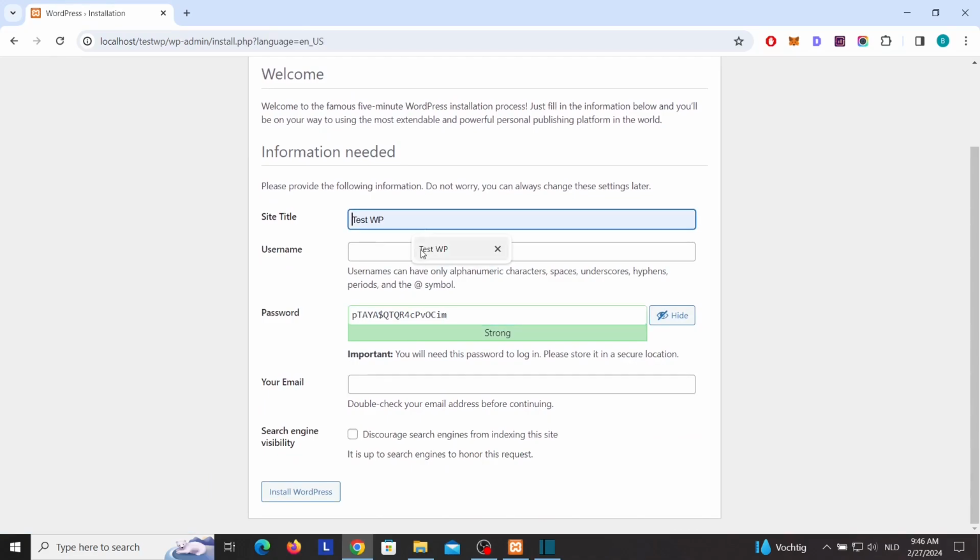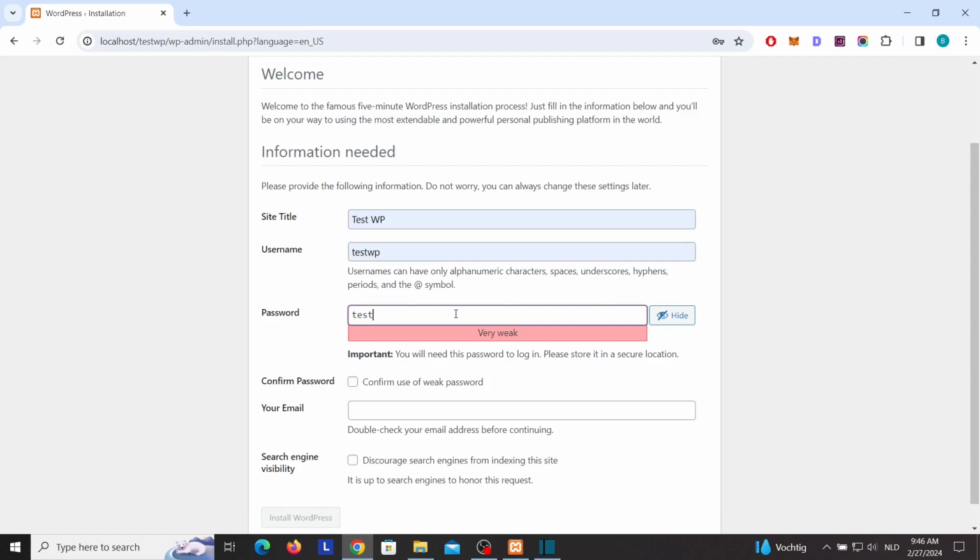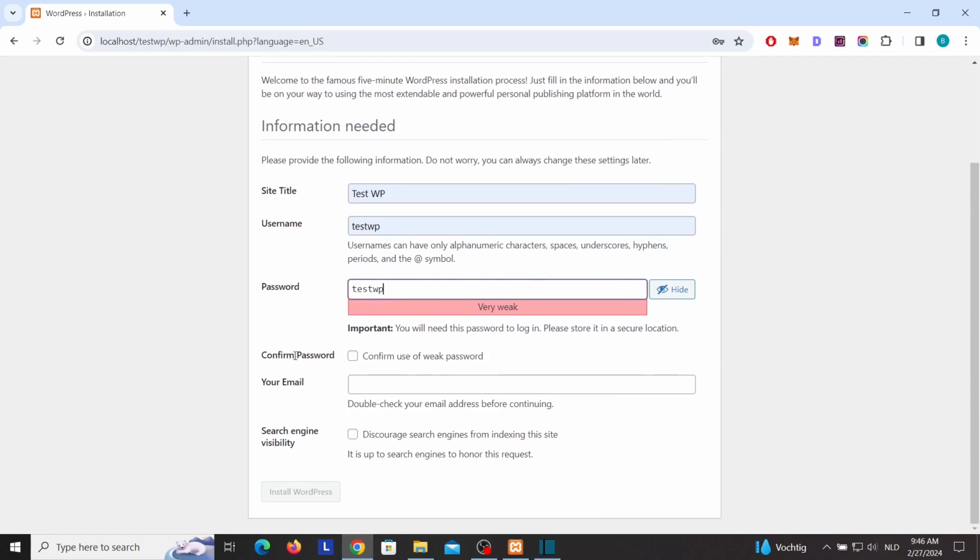Site title, testwp, username, testwp, password, testwp, confirm password, confirm use of weak password, yes, email, testwp@gmail.com, and then we are going to install WordPress.